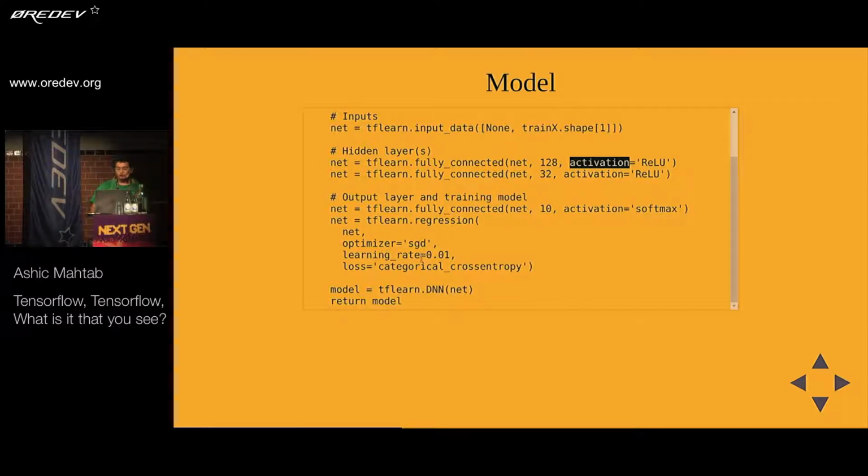And the loss function, the way I calculate my loss, is through categorical cross-entropy. There are different types of loss functions. Categorical cross-entropy simply is the cross-entropy function for categorical data. The data we have has 10 categories, either 0, 1, 2, up till 9. So because we have categorical data, we basically tell it that. We tell it how fast we want it to learn. And we want to tell it what sort of optimizer we want to use. In this case, we want to use stochastic gradient descent.